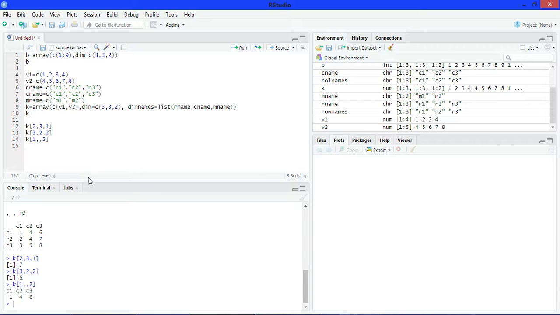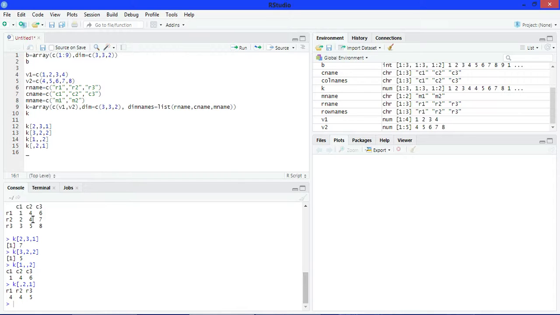Now if we want to access a column, then write K, suppose we want to access the second column from matrix number 1. Run. See, the second column is 4 4 5.